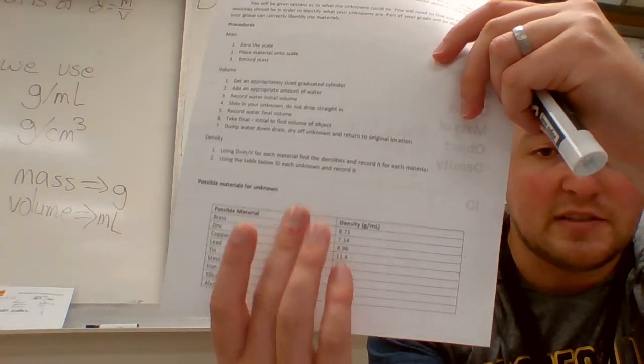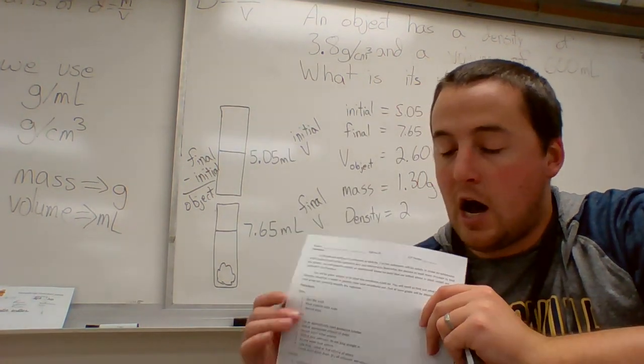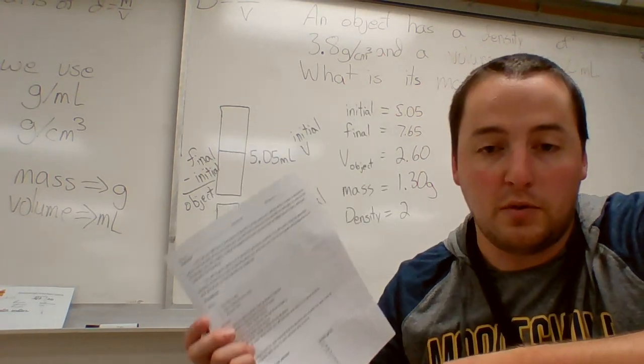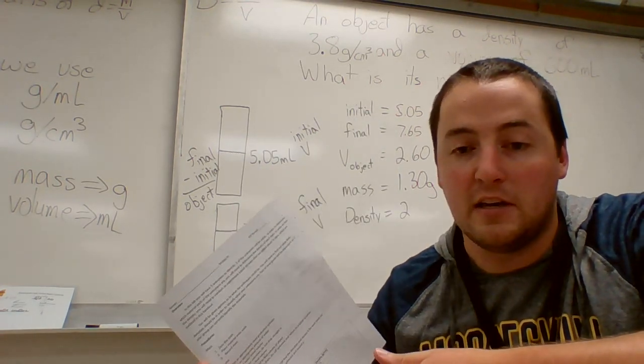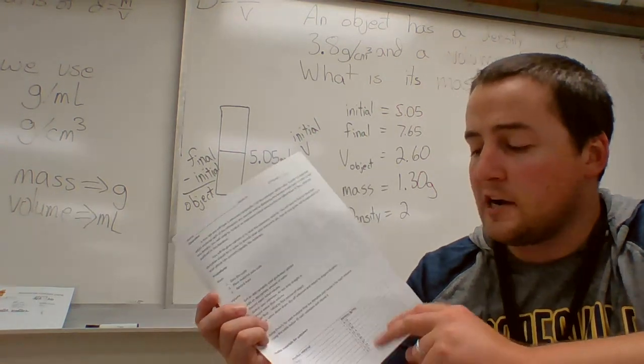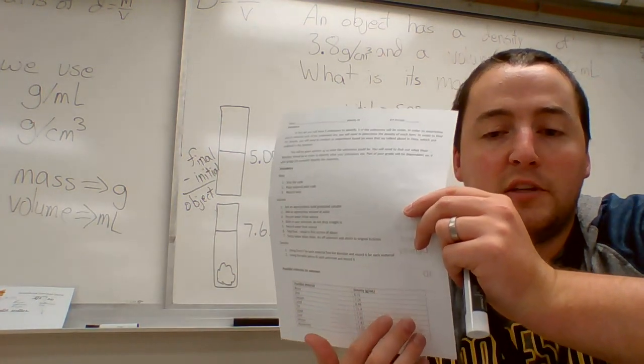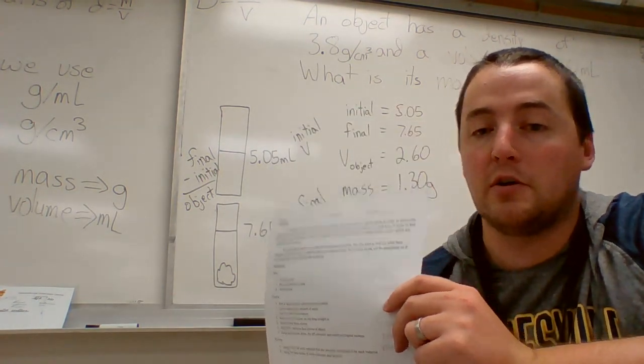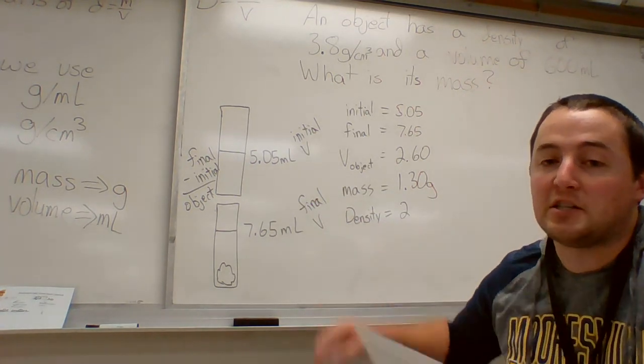So on this table, I have a list of various materials that these objects in the lab could be, and their densities, because the density of each object is fixed. We know the density of iron, we know the density of copper, we know the density of lead. All right, so you would compare that to this list and find which material this density would match the closest